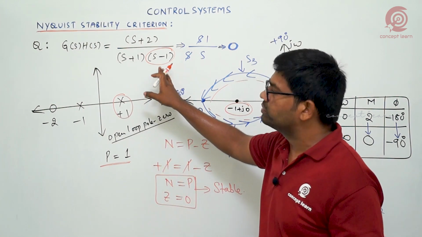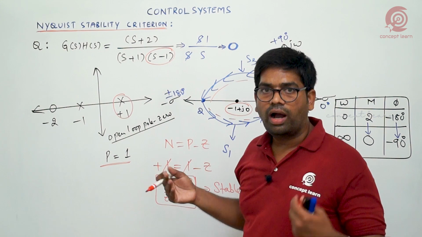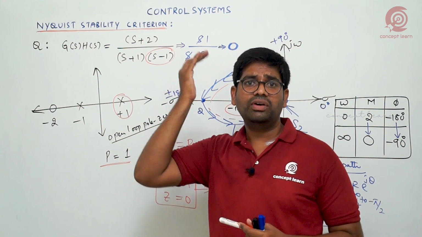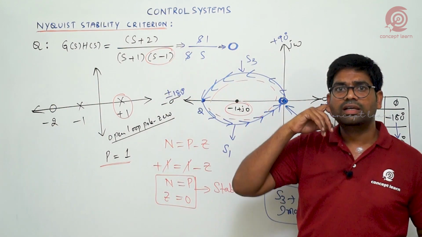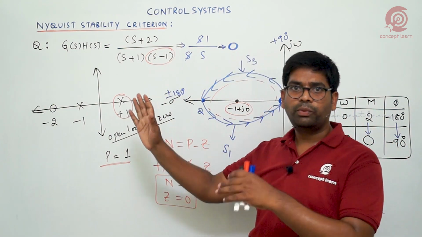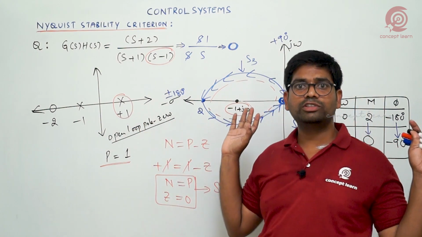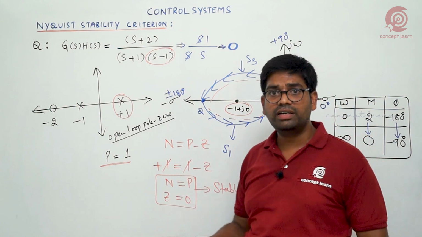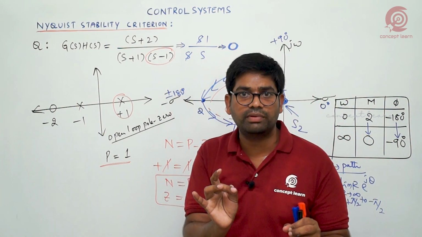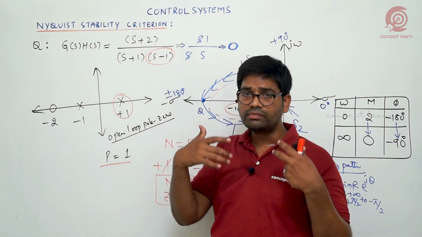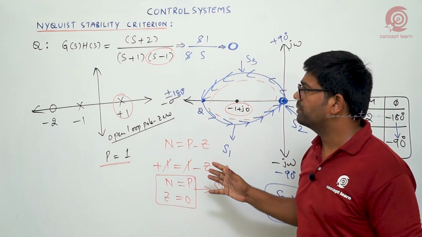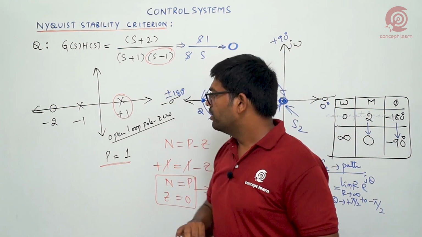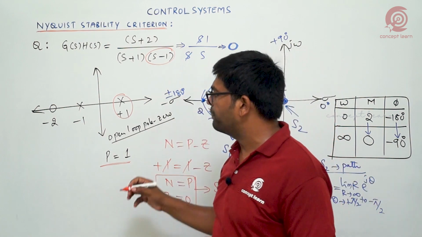But directly when you look at the transfer function, because one pole is located in the right hand side, we know from the stability conditions that when a pole is located in the right hand side, we directly choose unstable, but it is not like that. So Nyquist stability gives clear information about stability. How can you identify that this particular system is absolutely stable? You can even follow the Routh stability criterion.